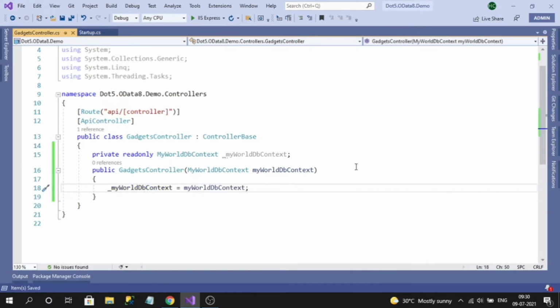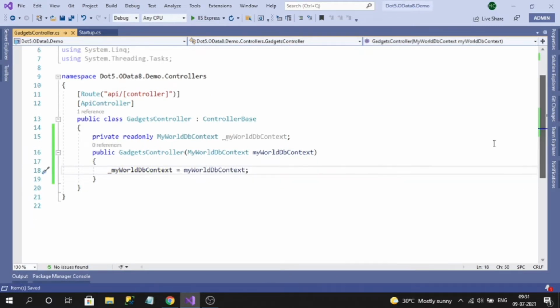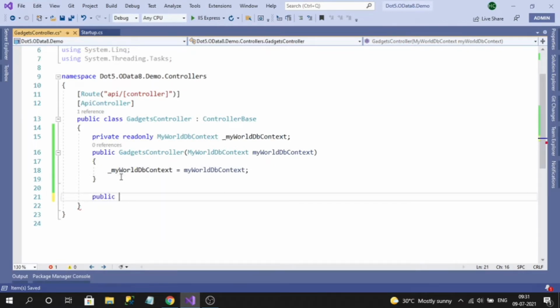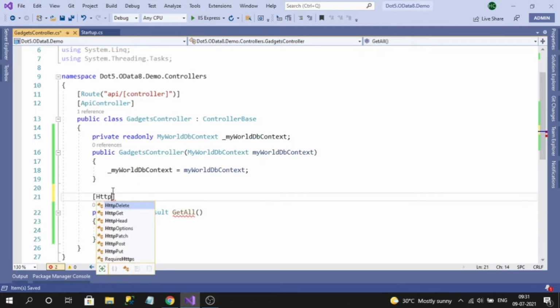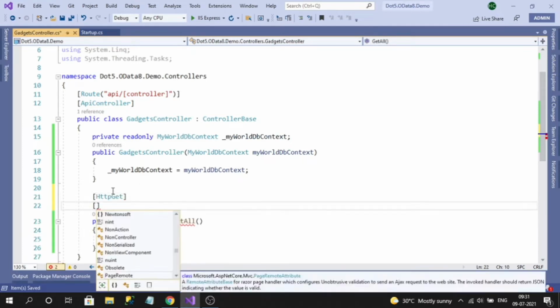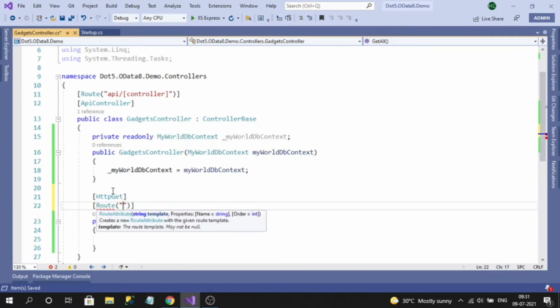Now I will create an action method like public action result, get all. And let me configure HTTP get and I will configure the route like all.